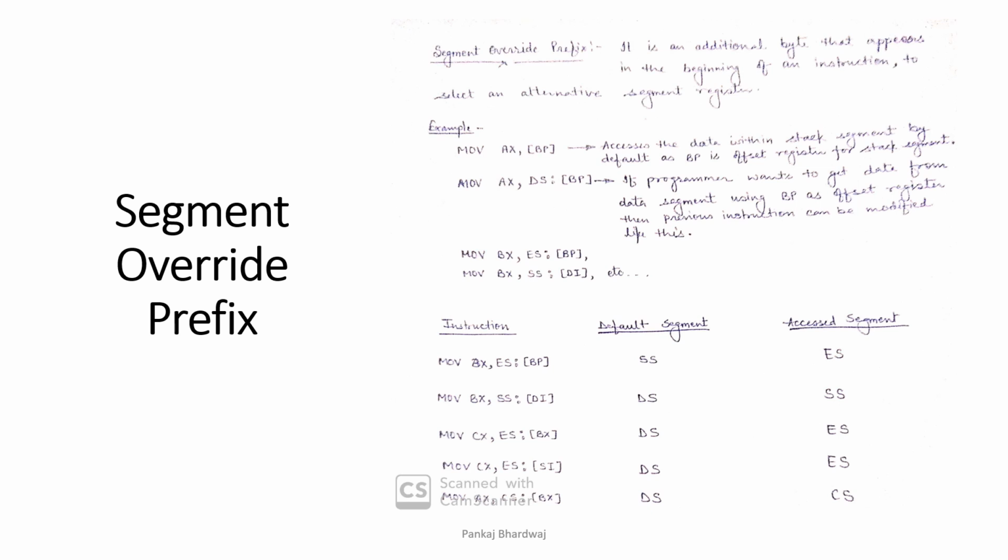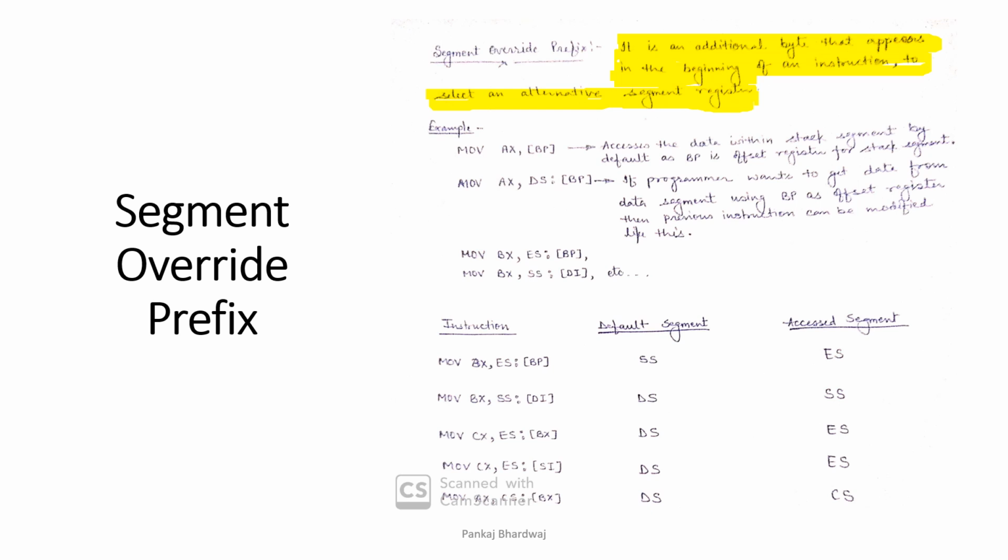The segment override prefix is basically an additional byte that appears at the beginning of the instruction to select an alternative segment register. So if we want to change the segment register from which the programmer wants to have the data or the code or any other operation related data, then the programmer can change it. So for example,